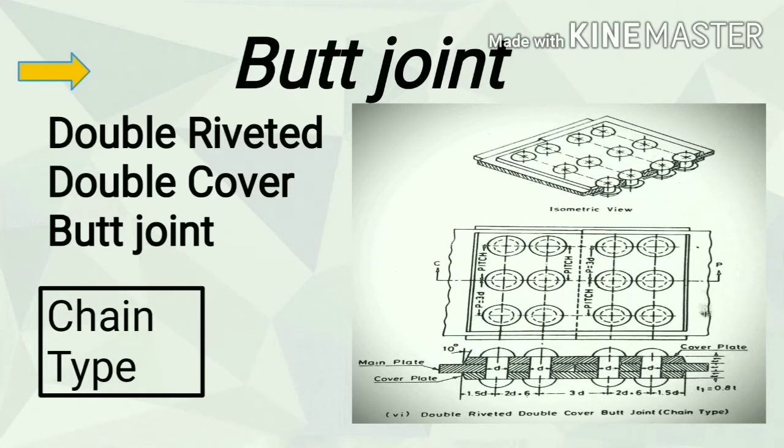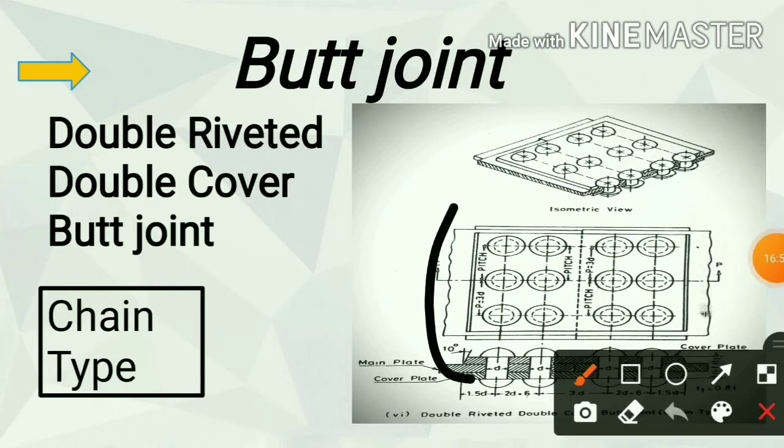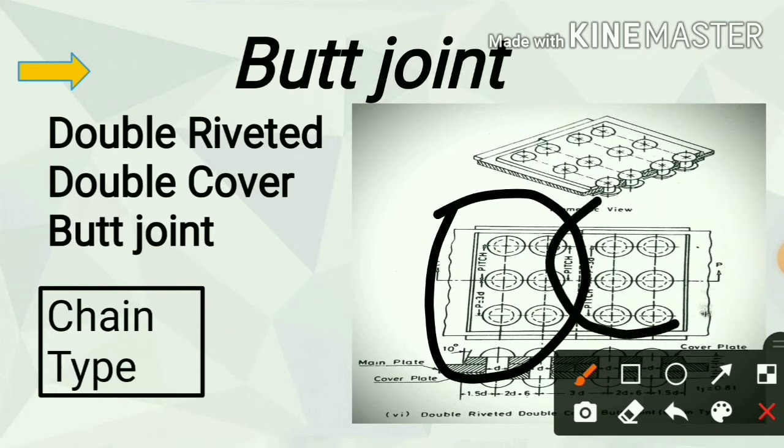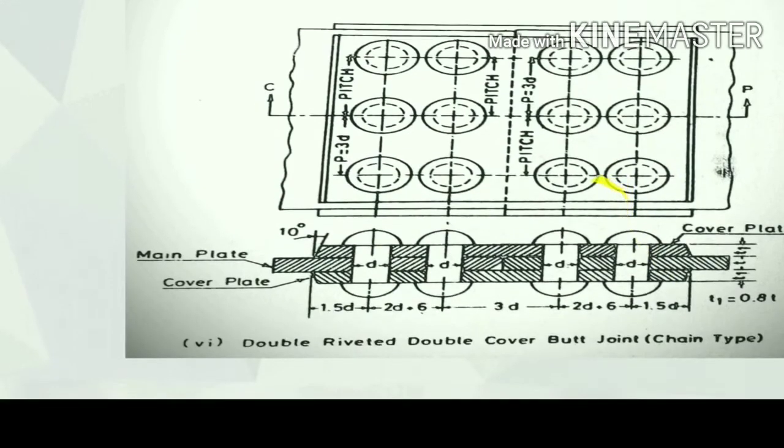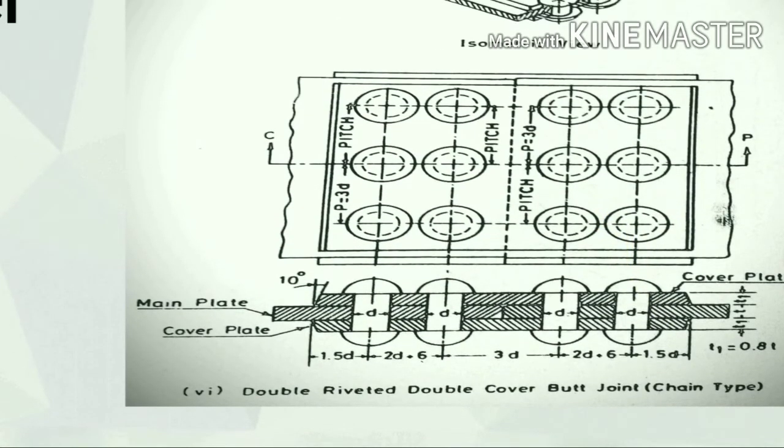Butt joint, double riveted double cover butt joint means double riveted. Here is one cover, one riveted and second riveted. Double cover, as when we cut the section, we found this type of drawings. Section similar. Notice here